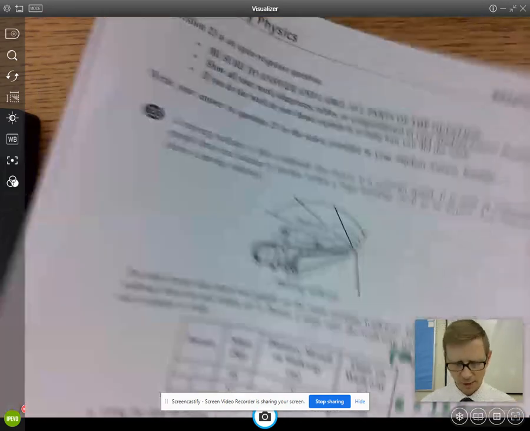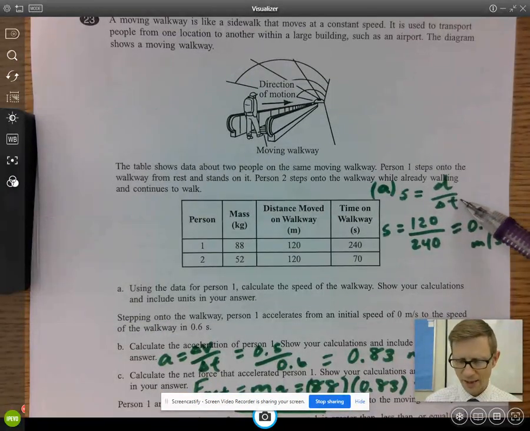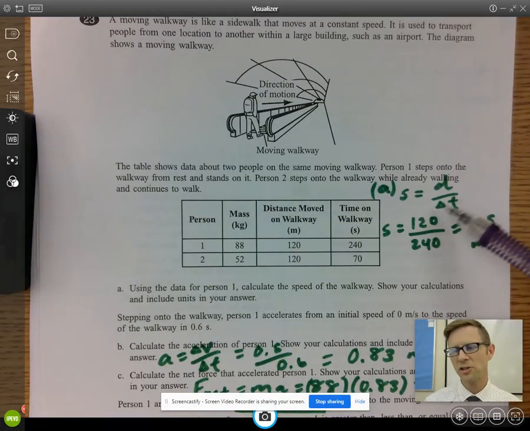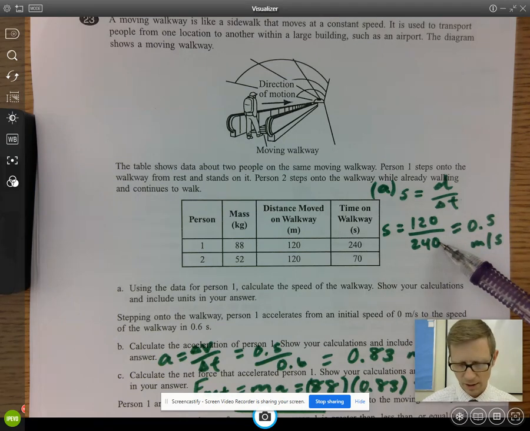Number 23, write down the equation for speed, distance over time. That's not really a change in time. It's really just a change in time from the beginning. So that change in time is really just 240 seconds. 0.5 meters per second, 120 over 240. Down here,